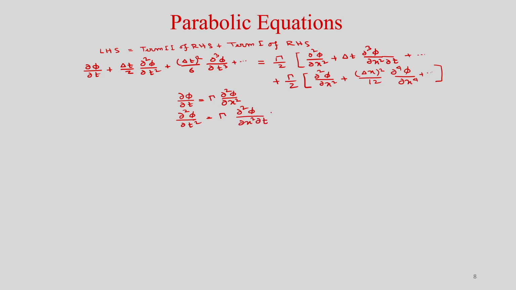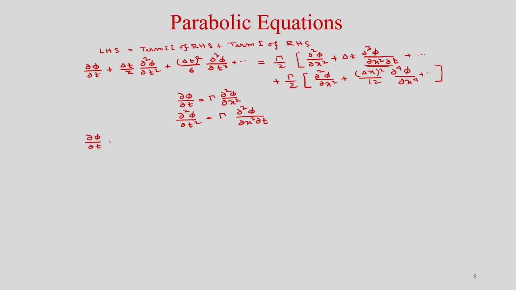Okay. So, you can see that whatever term is there here, we can replace with del 2 phi by del t square. So, you replace it there. So, what are you going to get? So, del phi by del t